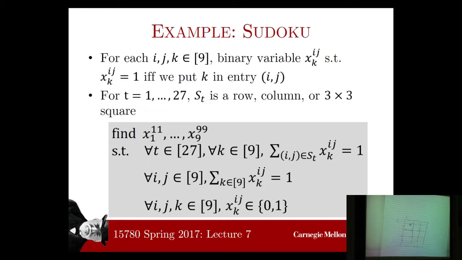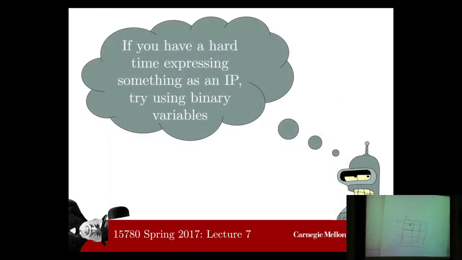So these binary variables give rise to a much more intuitive integer program. And in general, we'll see a few more examples, but in general, this is true. So it's usually easier, I found, to write IPs with binary variables than variables that are not binary. Okay, so